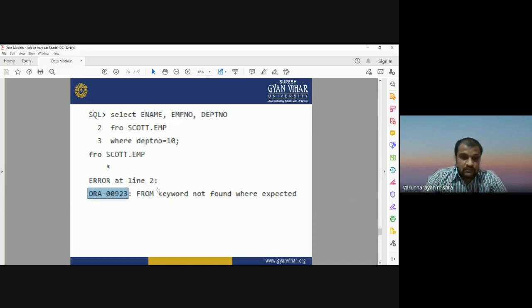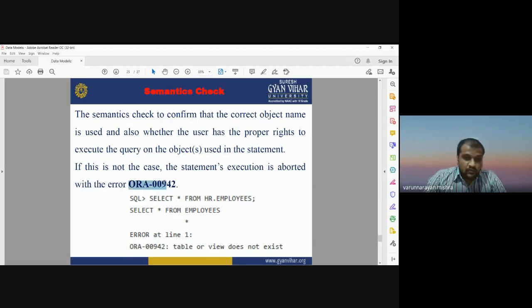It means the keywords whatever you have written in your syntax are not available in the database. If you are finding this kind of error, ORA-00942, it means table or view does not exist.